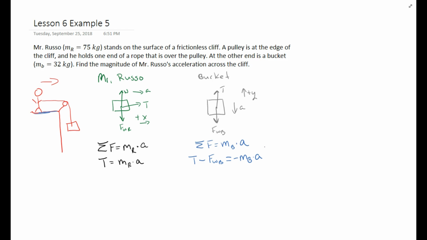All right, so we are ultimately going to find the acceleration of our system, of Mr. Russo attached to the bucket. But we have some pieces that don't really match. That's the tension. However, we know from the rules about tension that both sides of the rope are going to have the same value. So if I solve this equation for T,